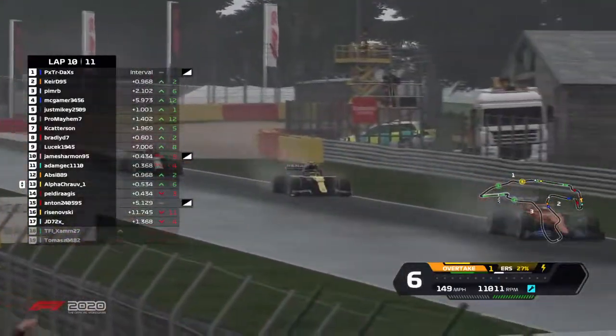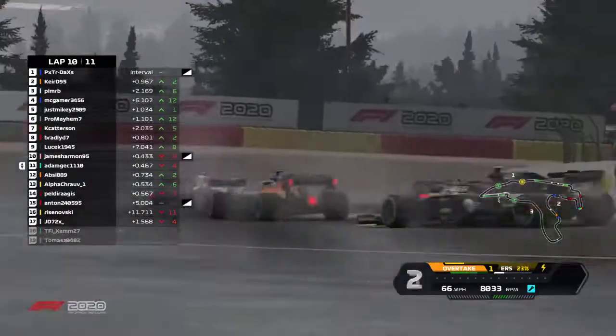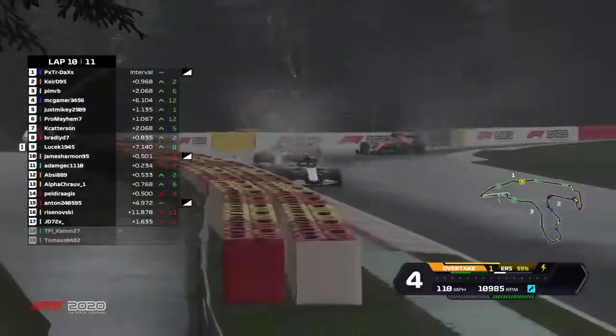He's going to try and look to progress a little bit further up here. Luchek has gotten past James Harmon, as these guys have fallen 7 seconds off the back of the points now, as they head down towards